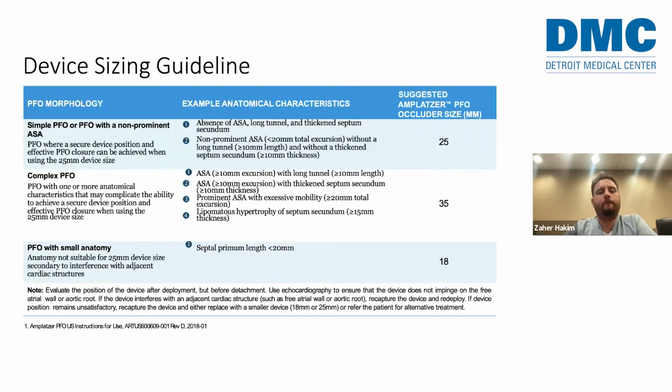And these are some examples that we use to guide how to select the size of the device. We have different device sizes, and the most common is the 25 millimeter for the Amplatzer PFO occluder. We use it most of the time, but in the presence of an atrial septal aneurysm with more than 10 millimeter excursion, or a long tunnel, like more than 10 millimeter,